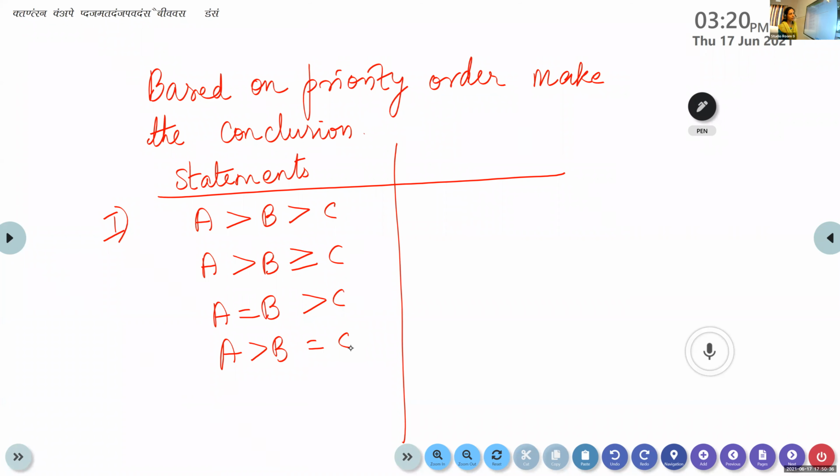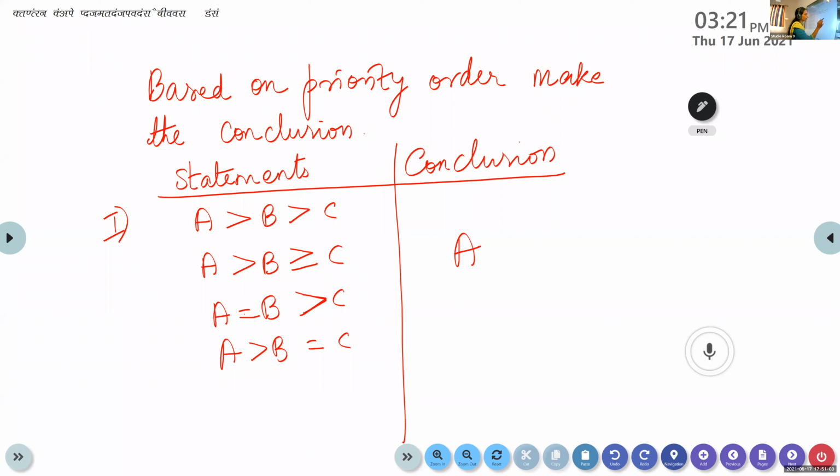Greater than. Now here equal to is there, greater than is there. But according to the priority rule, here we will be giving priority for greater than. Likewise here, greater than is there, equal to is there. Whenever we have a combination like this, the conclusion we can take is